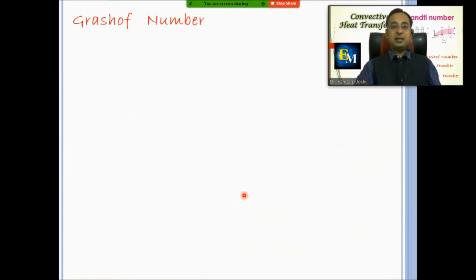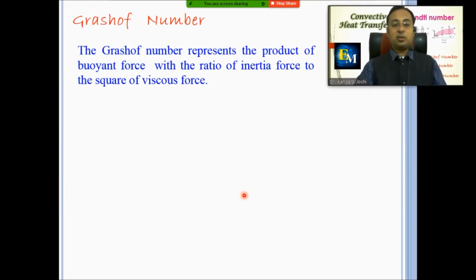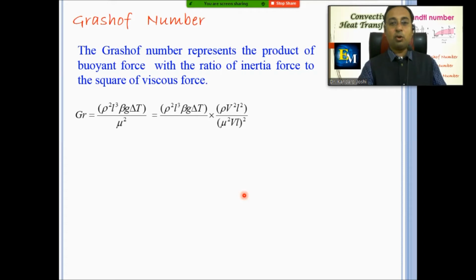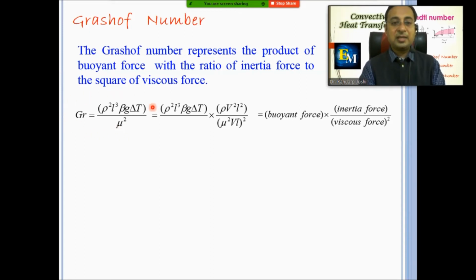Now next is the Grashof number. The Grashof number is the product of buoyant force with the ratio of inertia force to the square of viscous force. Now you need to memorize this formula. In many universities, a design data book is given, right? In that case there is no need to memorize this, but in GTU you will not be provided a design data book. So remember this: Grashof number is equal to rho square L cube beta g delta T by